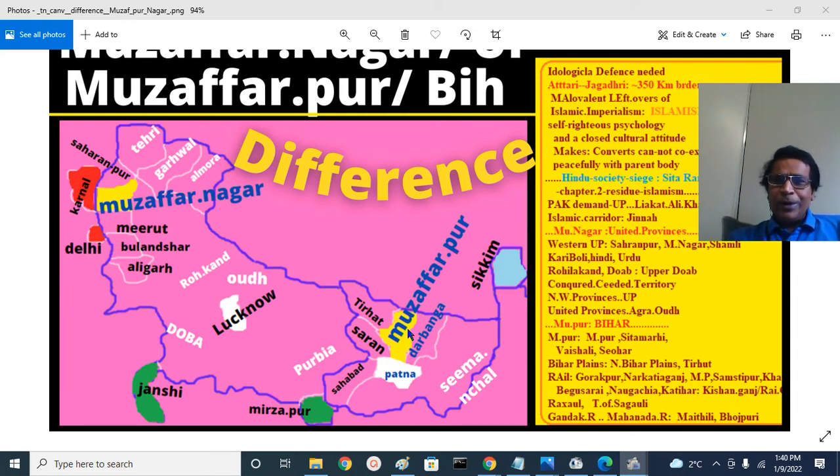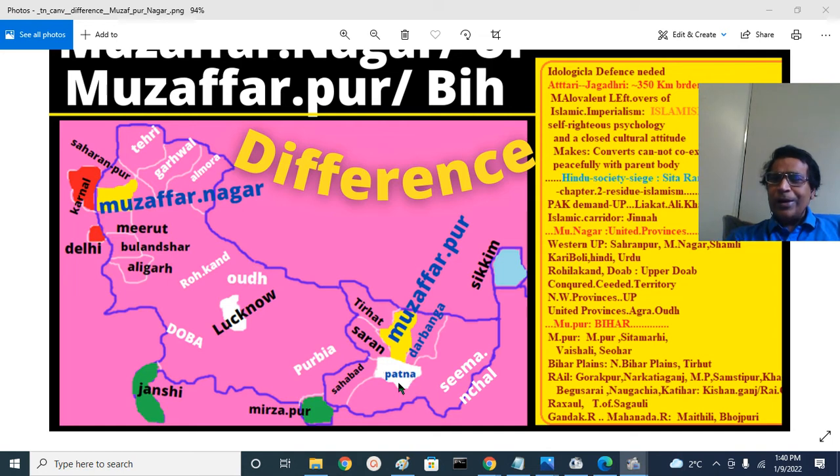Essentially former British Bengal presidency district of Muzaffarpur and Darbhanga, and Tirhat. Tirhat is essentially West Champaran, East Champaran, Betaya or Motihari, Muzaffarpur, we have Sita, Shiohar. Muzaffarpur, Vaishali, Hazipur. Darbhanga, we have Madhubani and Samastipur.